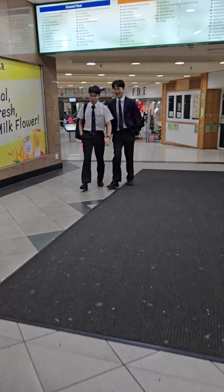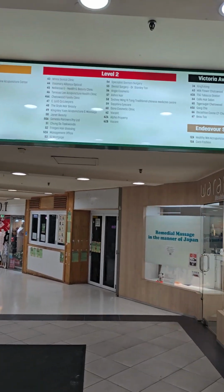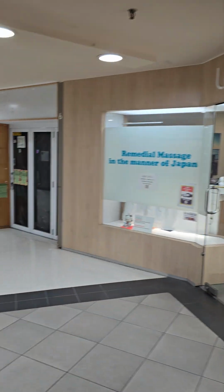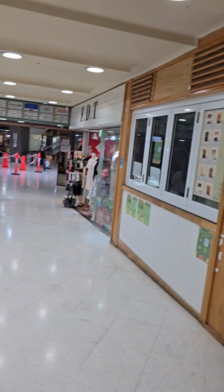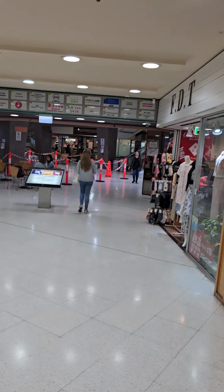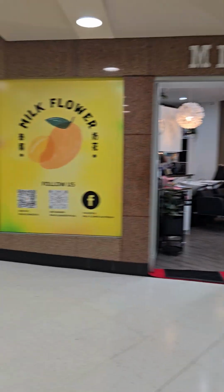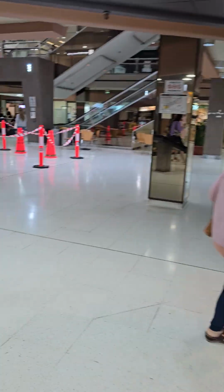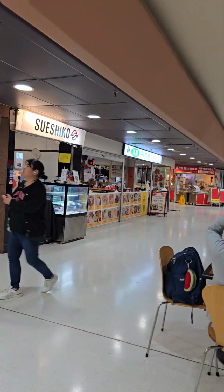It's got 3 levels, the ground floor, first floor and the second floor. But a lot of these are little Asian boutique stores. Very typical of an Asian shopping centre or mall. It's smaller and there's not a lot of renovation that's been done to it, and there's no chain stores in here. They're mainly just little Asian grocery stores, some food and snack outlets,